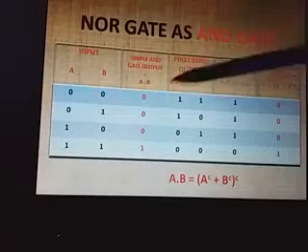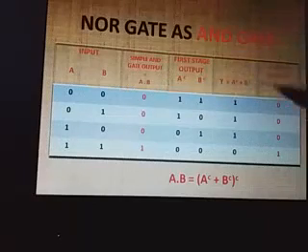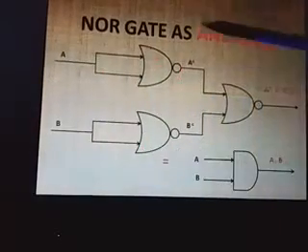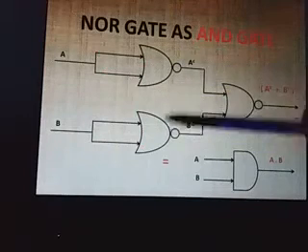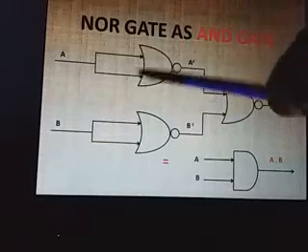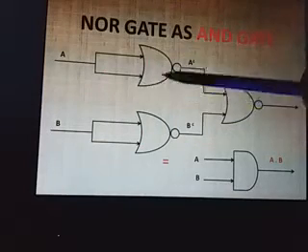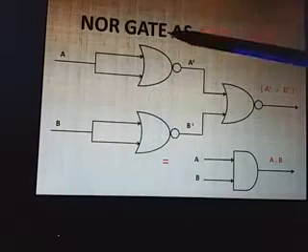Put it over here. Now, what is our first stage output from these two NOT gates, which are NOT gates in terms of NOR gates? Nice.